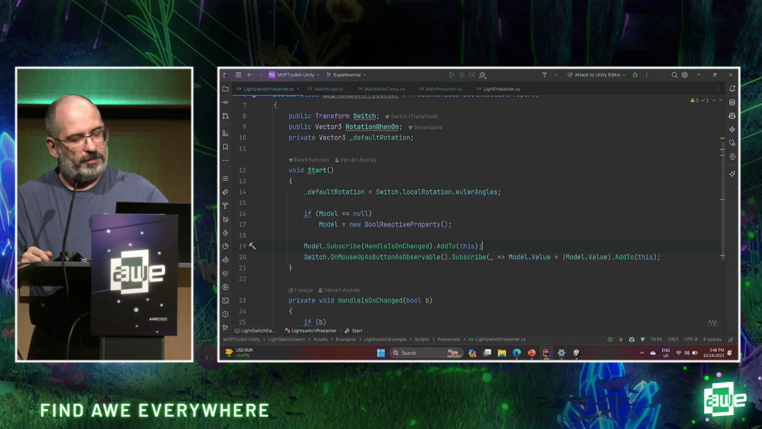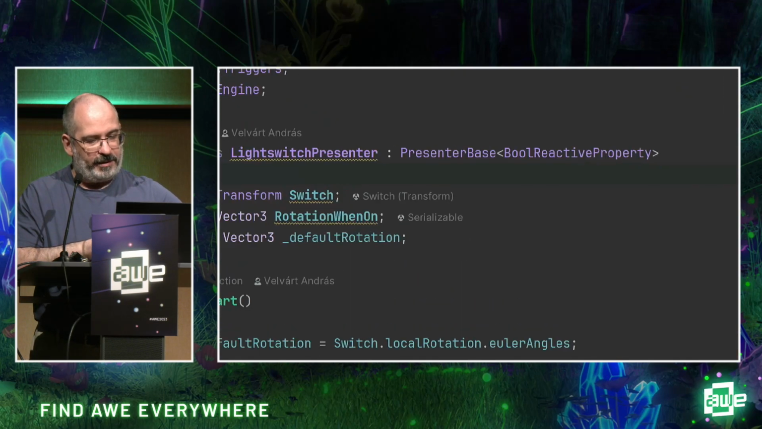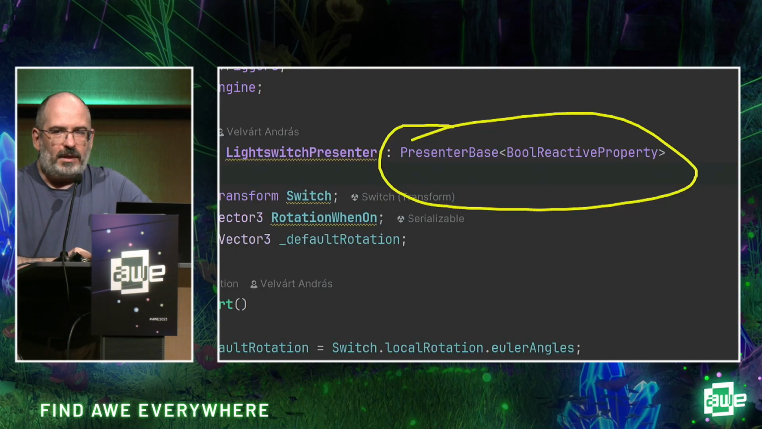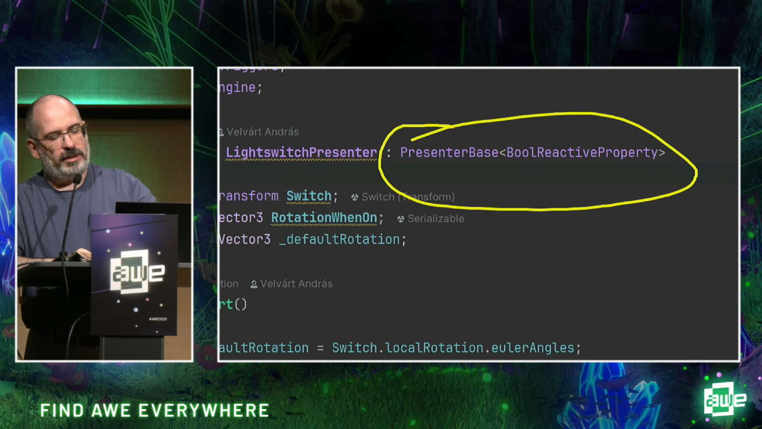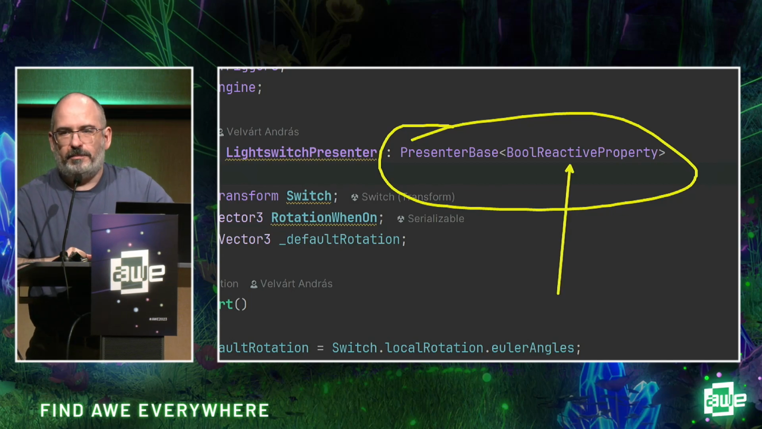So the important part is this guy right here. I'm going to be fancy. This guy right here. It's a presenter base. The architecture we're using is a model view presenter, and I'm going to explain what all of those is. So this is going to be a presenter part, and what we are presenting is, I can draw arrows, a Boolean reactive property. This is coming from the UniRX